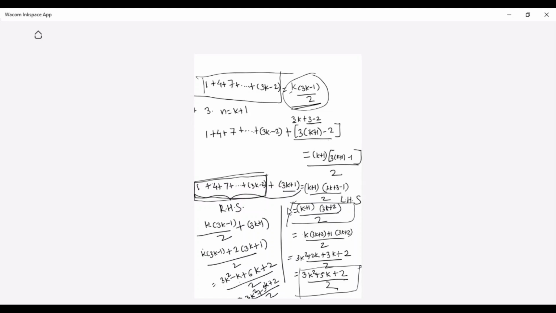Okay, so whenever you will have this type of problem, you need to go stepwise. You need to write each and every step you mention. You have to mention the basis step. What is the basis step? Then solve it. Second, mention the induction hypothesis step. What we are going to do, then solve it. Third, mention the induction step. What we are going to do, and then solve it. And finally, show LHS is equal to RHS. I hope you have got the second problem also.